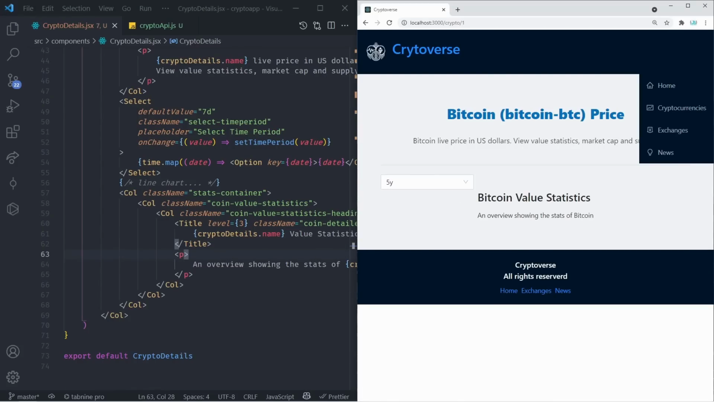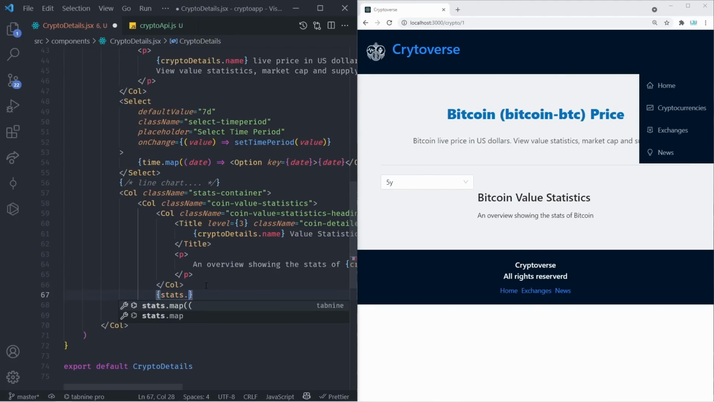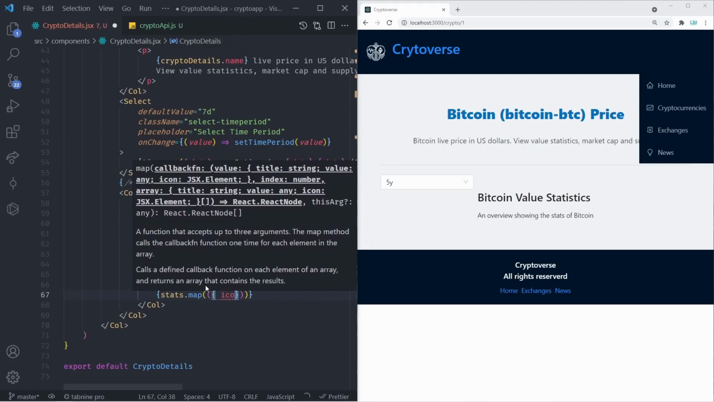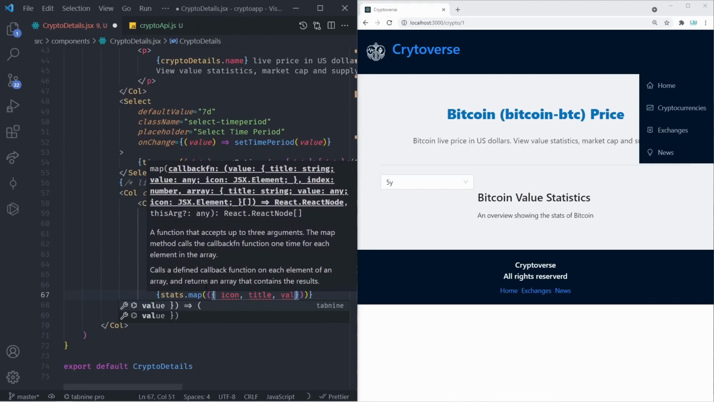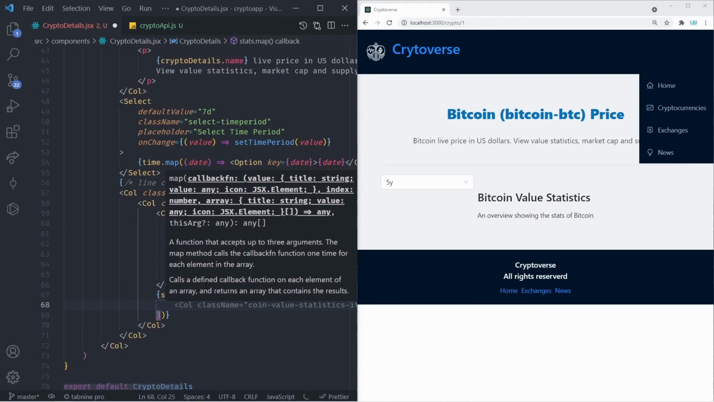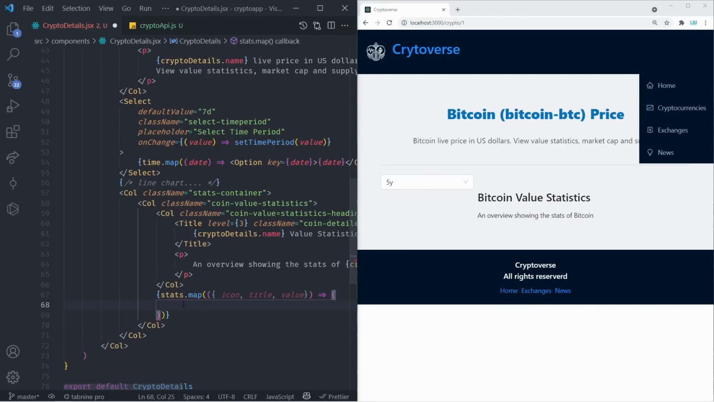Great. So finally, let's map over all of the statistics we're fetching from the API. We can do that just below this column, and we can do that by saying stats.map. We get a map here, and we can immediately destructure the icon, the title, and the value. Finally, we can instantly return something, and that something is going to be a column. And that column is going to have a class name, which is equal to